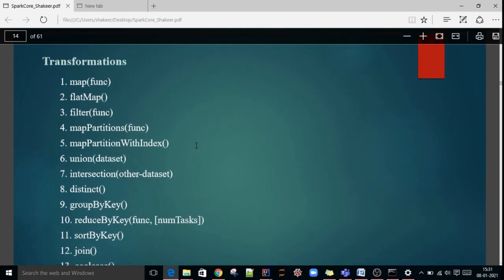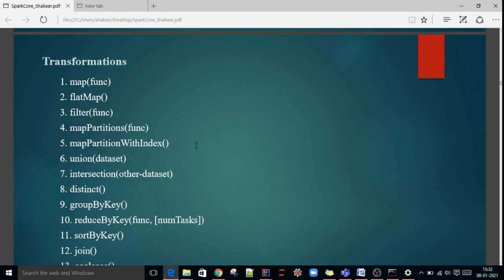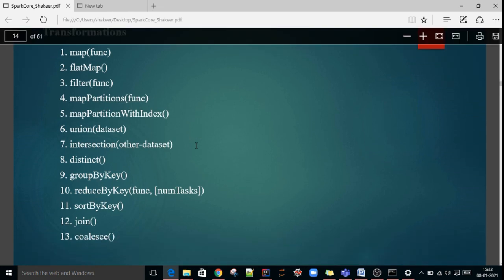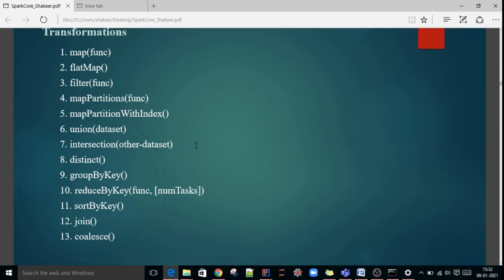In our course, we will discuss all these transformations by examples in upcoming videos. Transformations: map, flat map, filter, map partition with index, union, intersection, distinct, group by key, reduce by key, sort by key, join, coalesce.